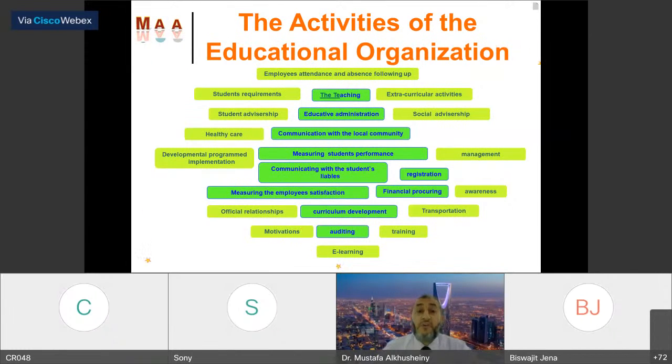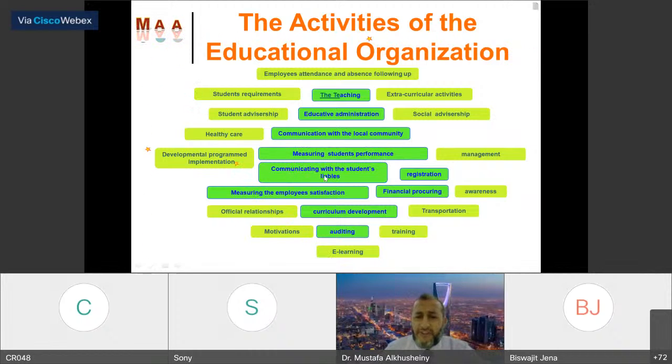So in case we take any educational organization, we will analyze this organization upon the approach model into its main and secondary